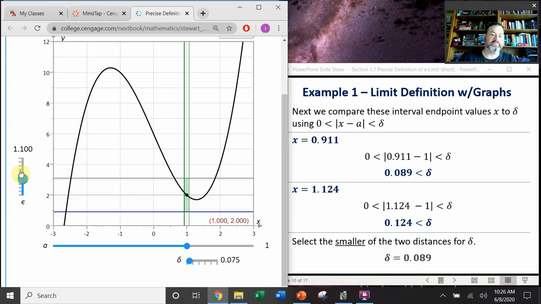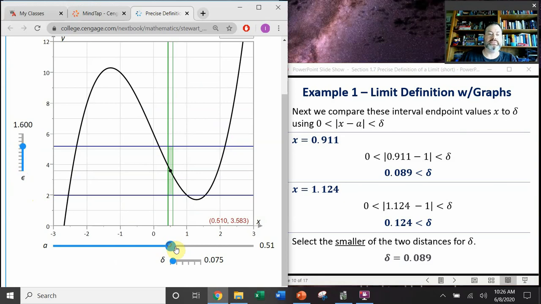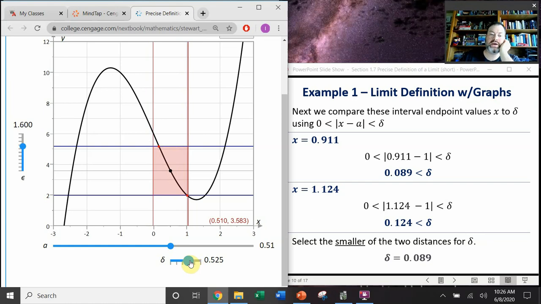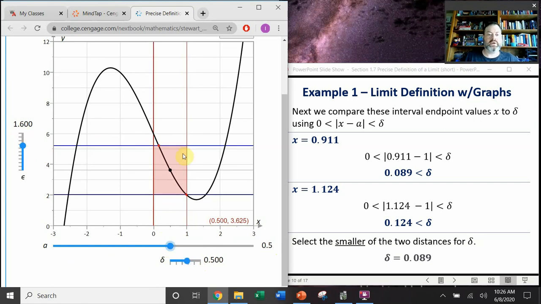So I'm going to make epsilon bigger, just so you can see what's going on, right? So we saw why you need to pick the smaller distance, right? Because if I stop here, here we have an intersection point. But over here, this is telling me that delta is 0.5, right? If my epsilon is 1.6 on this function, yeah, here we go. So if we pick A is 0.5, epsilon is 1.6, and delta is 0.5, this is telling us that